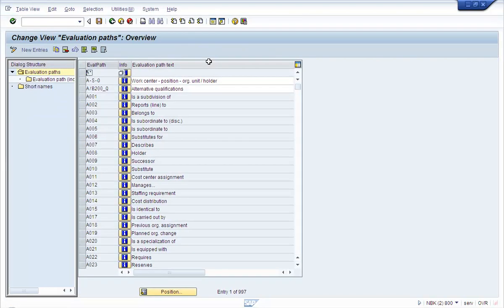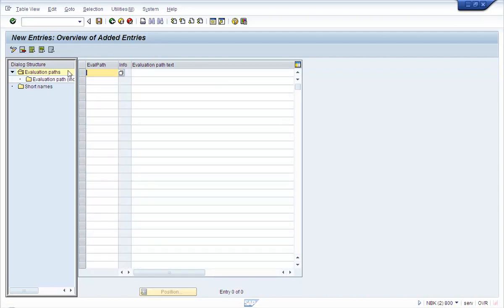An evaluation path describes a chain of relationships that exists between objects in an org structure. So our evaluation paths collect objects from a start object in an existing structure according to the definition. The definition of an evaluation path determines the start object and which object types, using which relationships, are selected. So let us go and create an